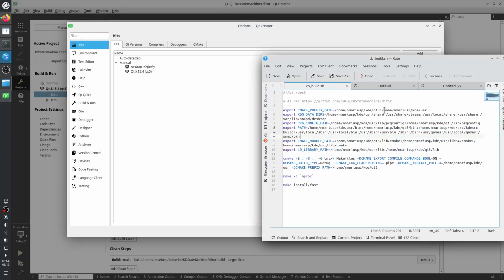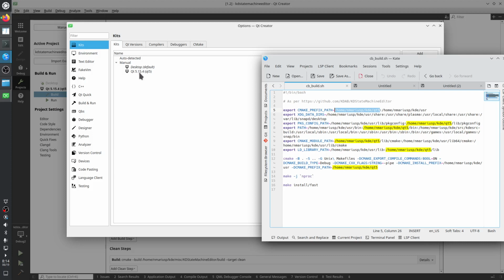So I have a configuration with both KDE built from source and Qt built from source. Because it saw that a special Qt is built from source and is different from the Qt version that's installed in /usr,